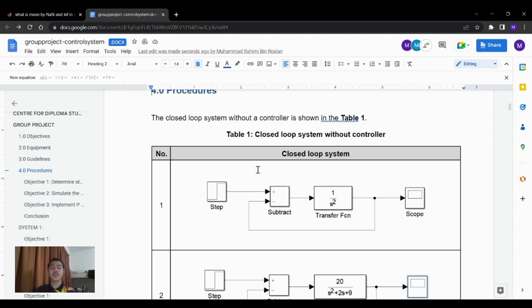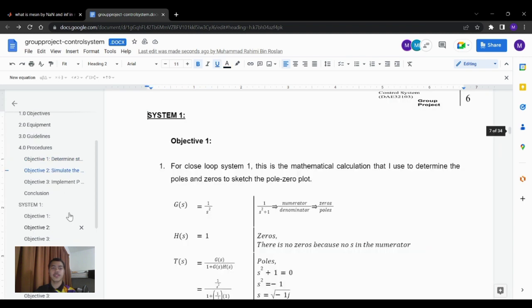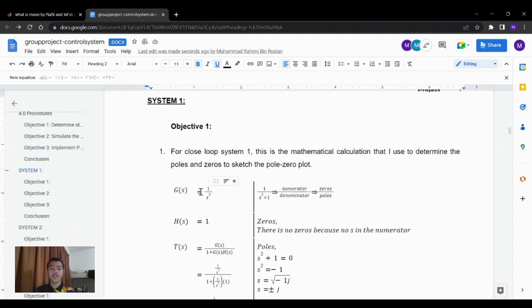Okay, this is closed loop system 1 that I use. Moving on to system 1. For objective 1,